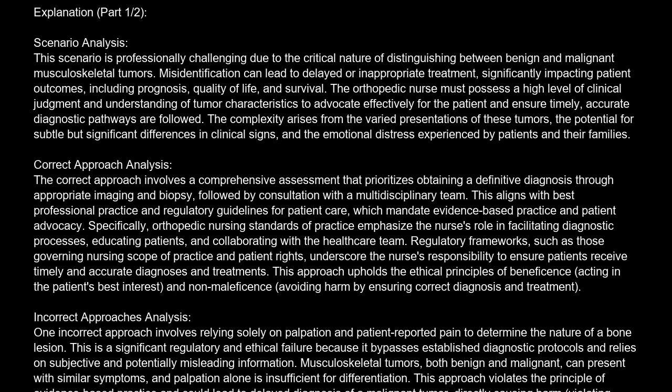correct diagnosis and treatment. Incorrect approaches analysis. One incorrect approach involves relying solely on palpation and patient-reported pain to determine the nature of a bone lesion. This is a significant regulatory and ethical failure because it bypasses established diagnostic protocols and relies on subjective and potentially misleading information. Musculoskeletal tumors, both benign and malignant, can present with similar symptoms, and palpation alone is insufficient for differentiation. This approach violates the principle of evidence-based practice and could lead to delayed diagnosis of a malignant tumor, directly causing